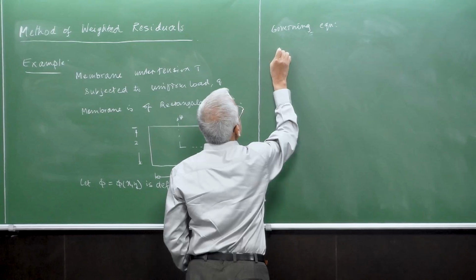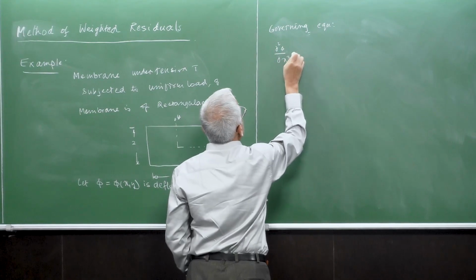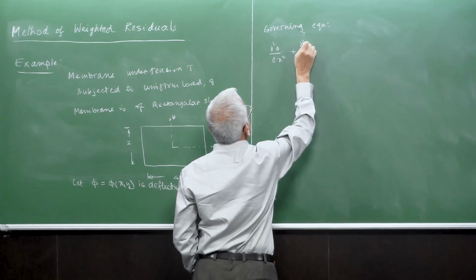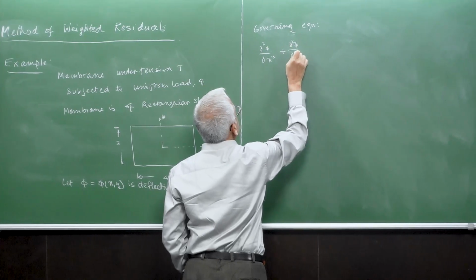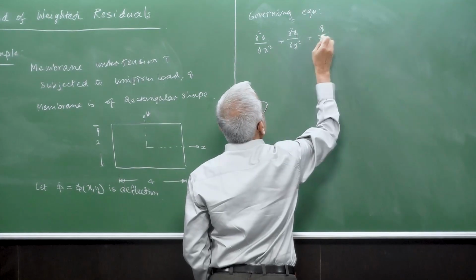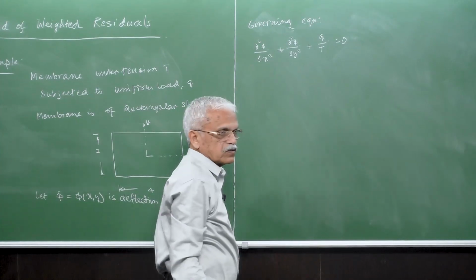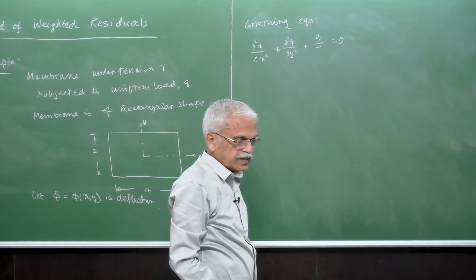And the equation is dou square phi by dou x square plus dou square phi by dou y square plus q by T equals 0. Okay, so this is the governing equation